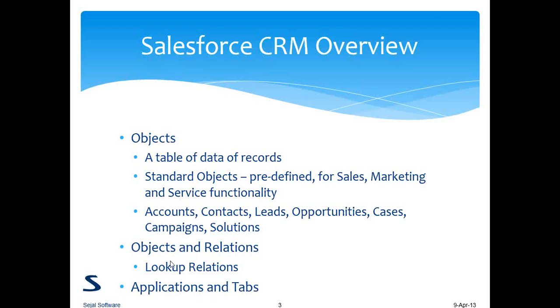Okay, so now that is all generic, and then particular to Salesforce CRM, in other CRMs these objects might be called tables. Yes, mostly tables or rows or something like that. But in Salesforce, whatever you see are objects. So whenever you talk about Salesforce CRM, maybe you should use a word like object rather than table, just to make sure that other people also understand. And then there is something called objects and relationships, and in that there are lookup relationships, and we'll also look at what is an application and tab.